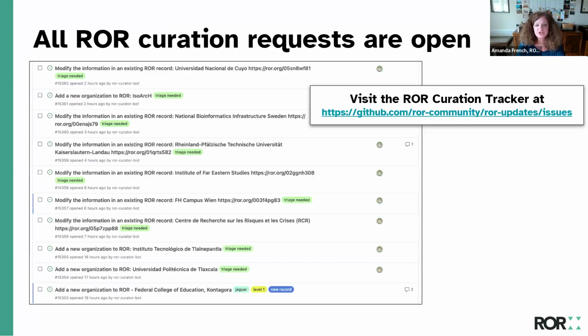And then just finally to mention too that in the interests of ease and openness and efficiency and transparency, all curation requests for changes and additions to ROR are open and can be tracked on GitHub. When you submit a request, you get a link to your issue so that you can follow along, see any discussion that might be happening about the issue. And of course, we'll contact you if we need clarification. And then you can see when your request has been approved or denied, and then it would go live in the next published release of ROR, which, as I mentioned, usually happens at least once a month and most often twice a month.